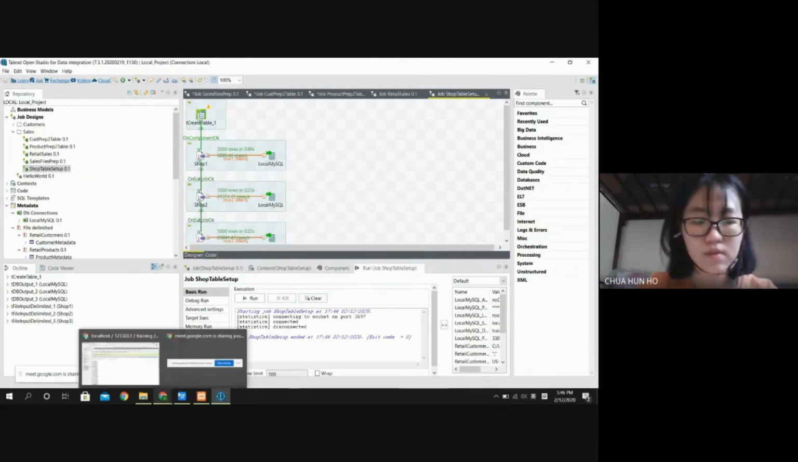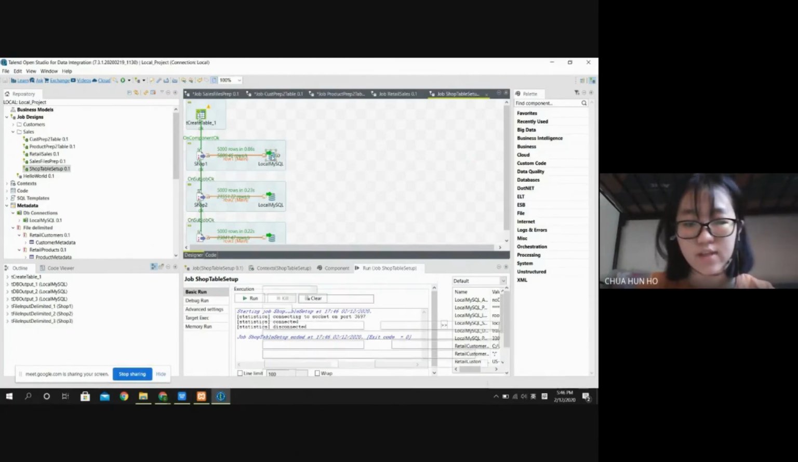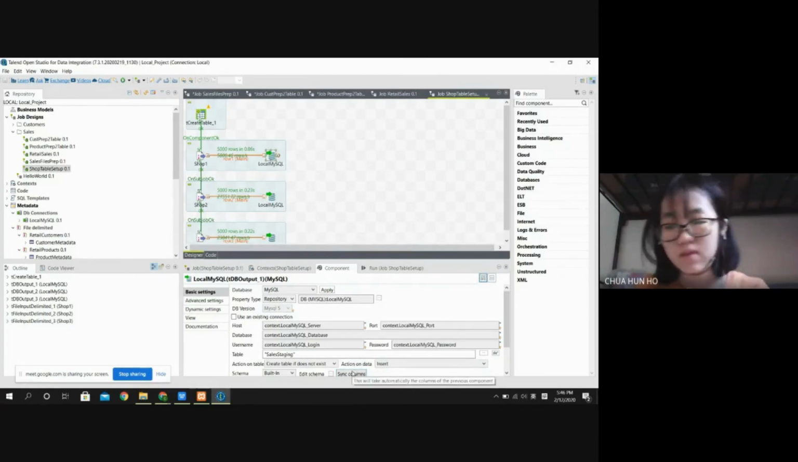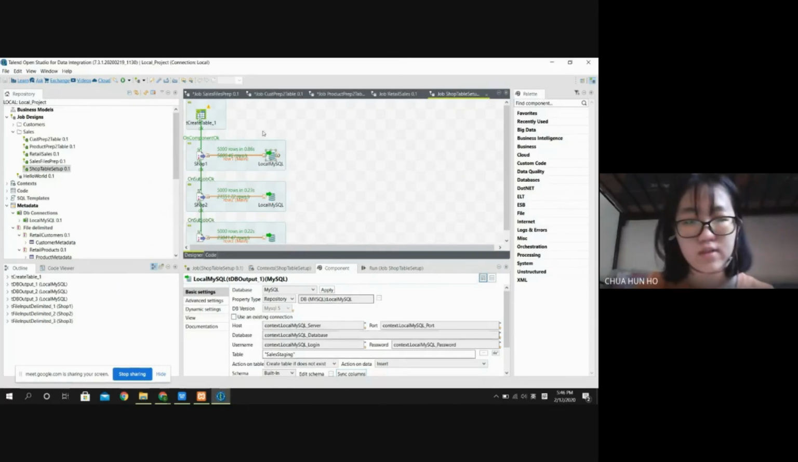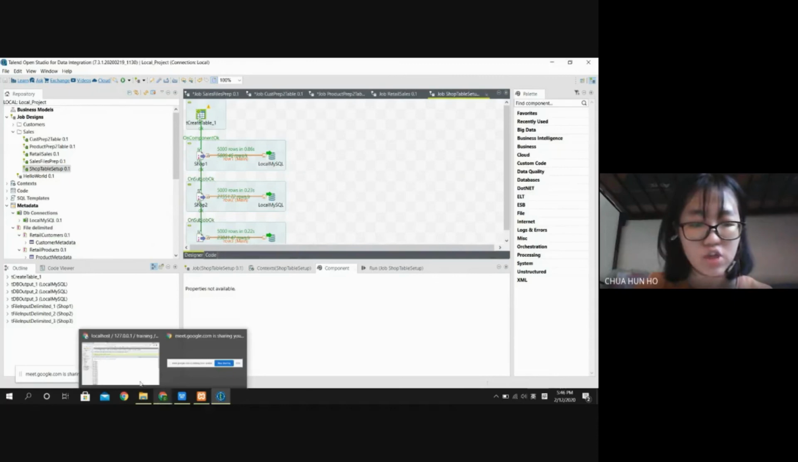Okay. So in my case just now, because I have already changed the table name, it may be a bit confused for the Talend. So we need to assign the column. They will automatically take the columns of the previous component. Okay. So after you have run the job here,